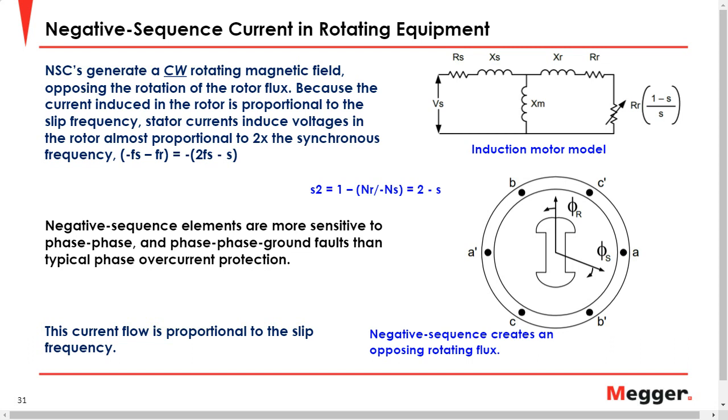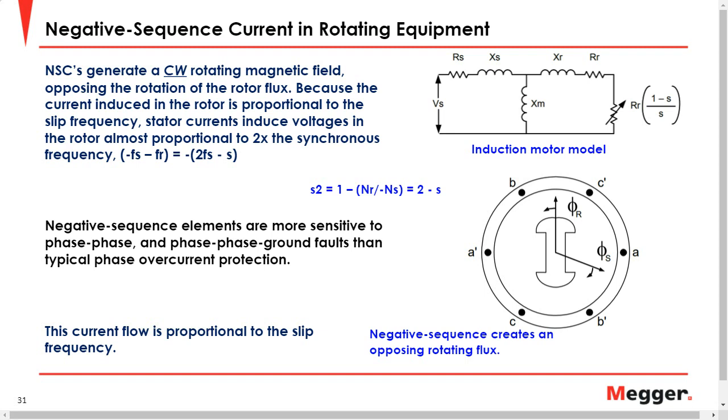But then you have a current being produced by a voltage that is producing a magnetic field rotating at almost twice the speed. So you have a very small voltage, the voltage of the negative sequence, but now that voltage is moving way faster relative to the rotor of the motor, and so it tends to produce a relatively large amount of current,